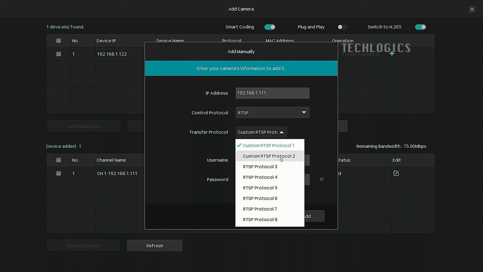Once you have entered the values for the streaming paths, click the Save button to save the configuration for RTSP Protocol 2. This action will ensure that your settings are applied and that the camera can stream using the specified main and substream paths. Now, select the configured protocol, which is RTSP Protocol 2, for the second camera of the